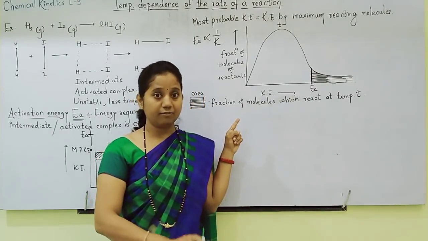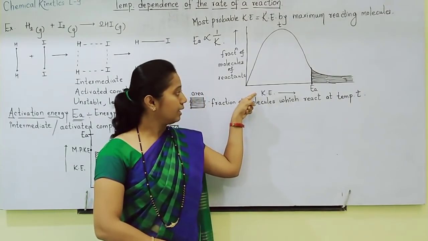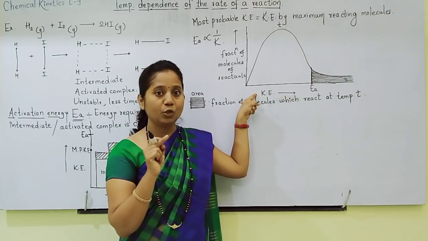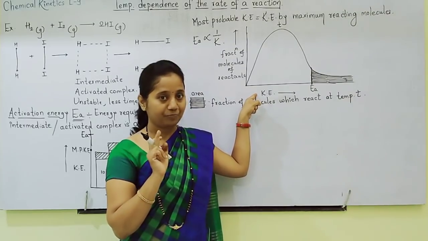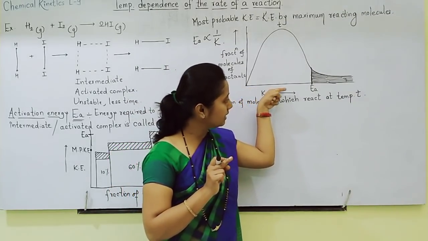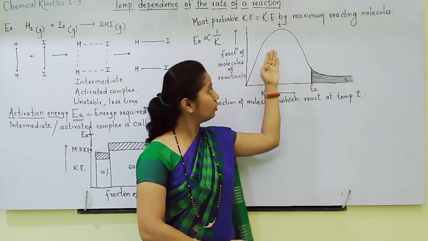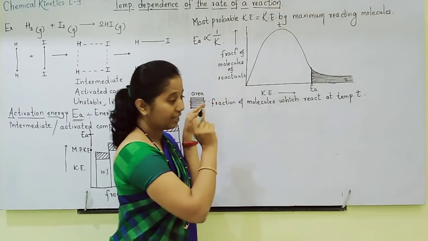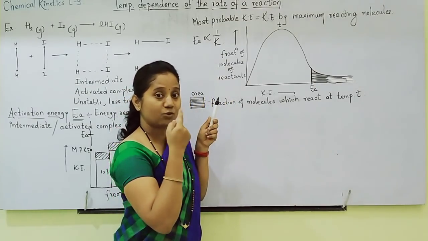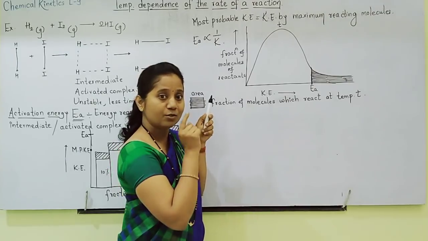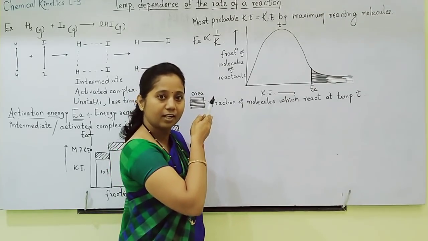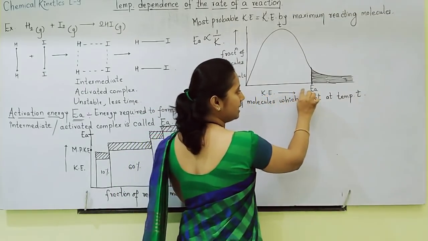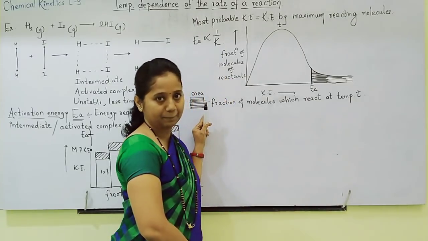Now I want to plot a curve in which kinetic energy of all reacting molecules has increased due to rise in temperature. Kinetic energy is increasing towards right side. So the curve will broaden towards right side. Try to understand the curve. Kinetic energy is going to increase due to rise in temperature, so the curve should broaden towards right side because kinetic energy is increasing towards right side.